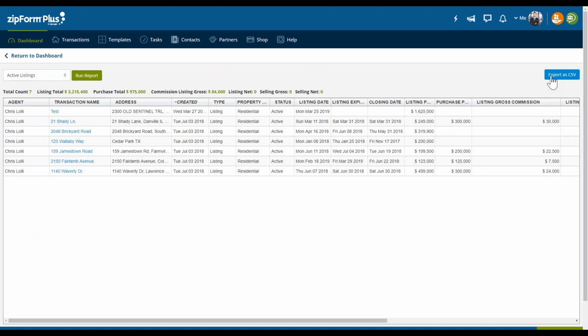Okay, I was working with an agent a few weeks ago, and her boss was very Excel oriented. He loved entering data into an Excel spreadsheet, but he wasn't very familiar with the platform, and that's what they were there for. And I showed them this, and it was a life changer, in terms of what they were able to do with being able to run reports through a CSV or an Excel file.